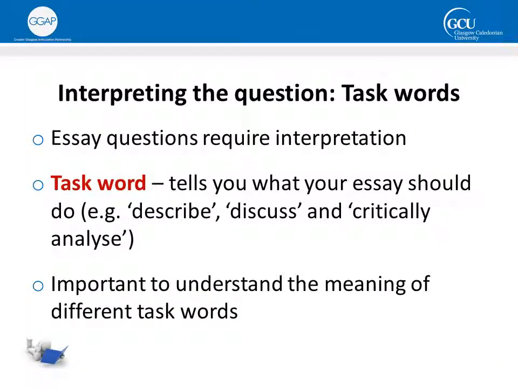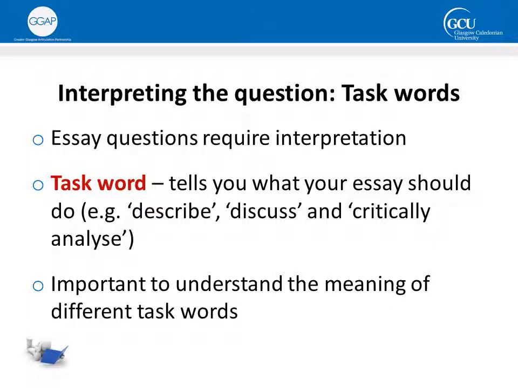When you're ready to start working on an essay, the first task is to spend a bit of time interpreting the question. It's not likely to be the case that you'll read the essay question and then automatically know exactly what the question's looking for. Essay questions are often designed to require a bit of interpretation, so it might not be immediately obvious to you what the question's asking you to do. In fact, sometimes it doesn't actually become clear what the question's looking for you to do until you've done some